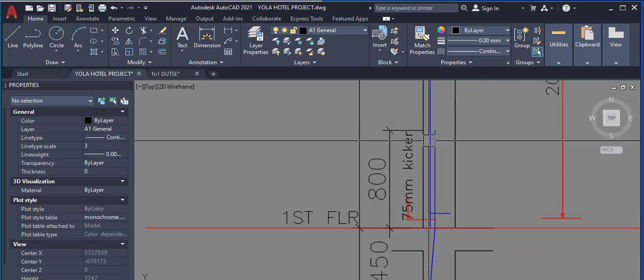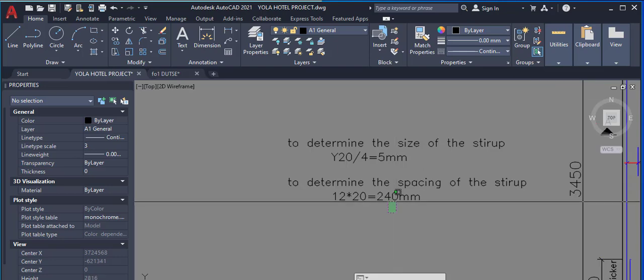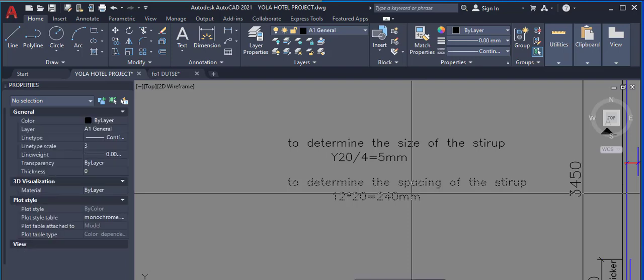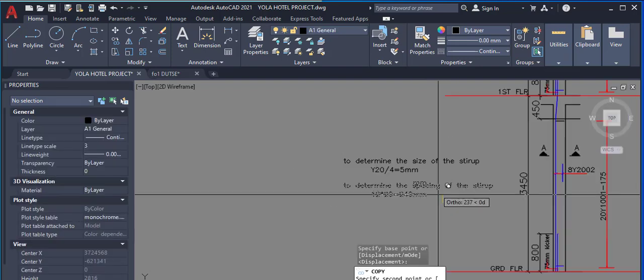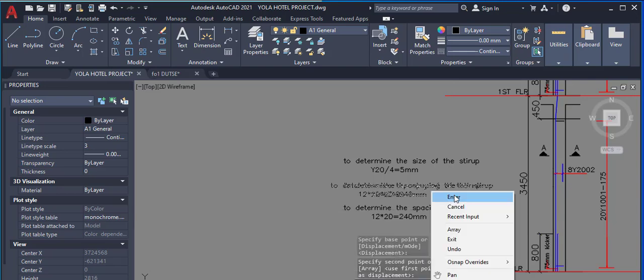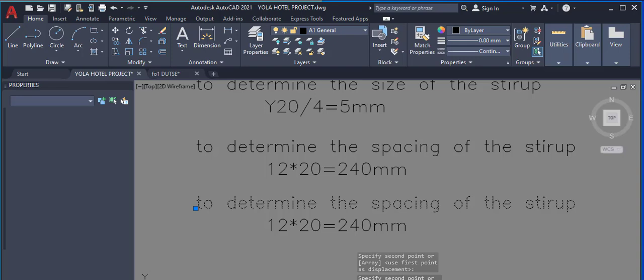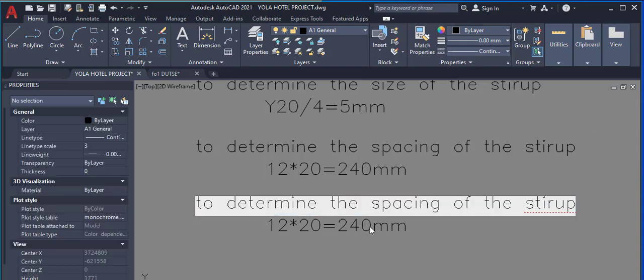Then also for the lap length. Now to determine the lap length of the main reinforcements,